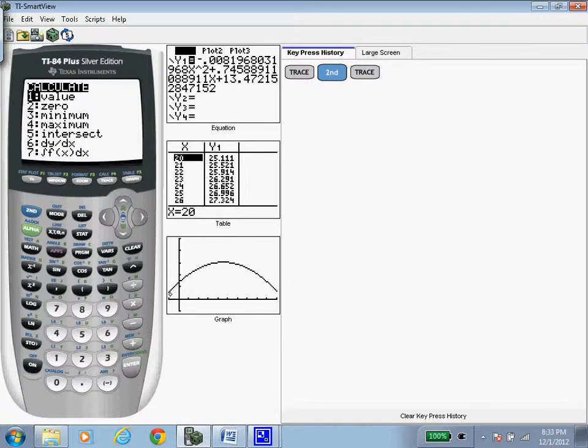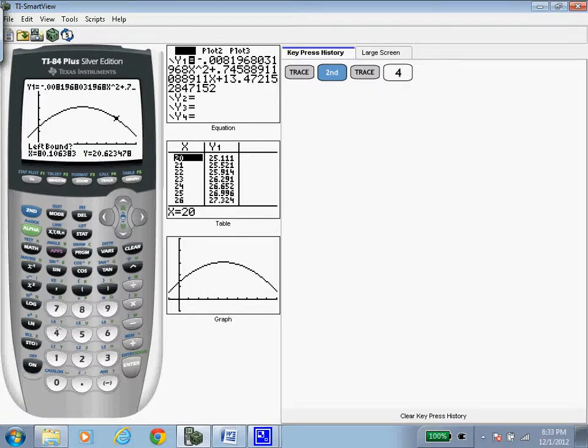Because I have a parabola opening downwards because of the negative a value, that means we have a maximum, so I'm going to choose 4 for this one. But if the parabola were opening upwards and had a positive a value, then I would choose the minimum. So I choose maximum, and just like before,